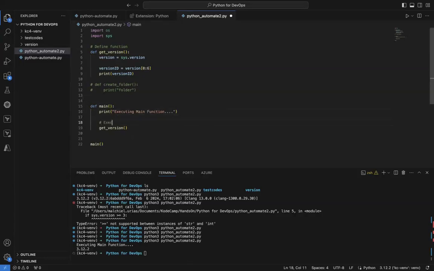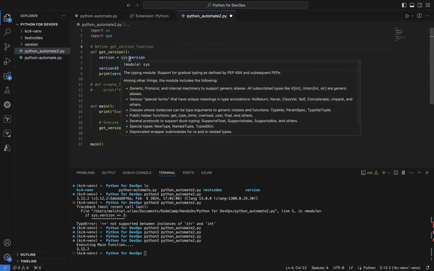So this is to execute get version function, and get version function is defined here, right? So we define this get version function, which does